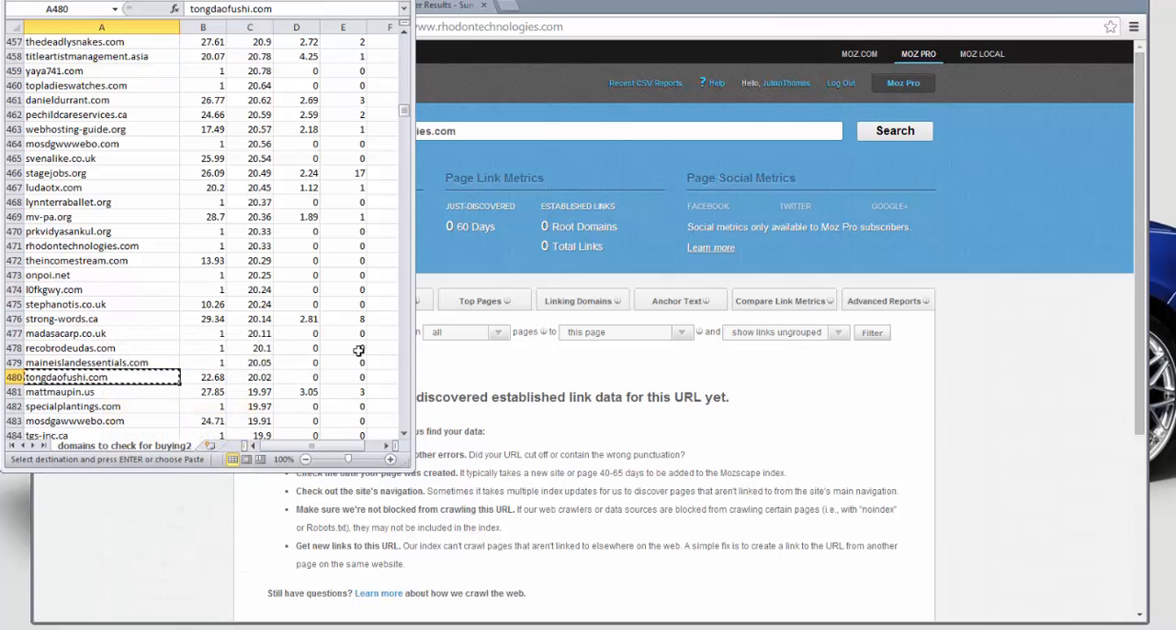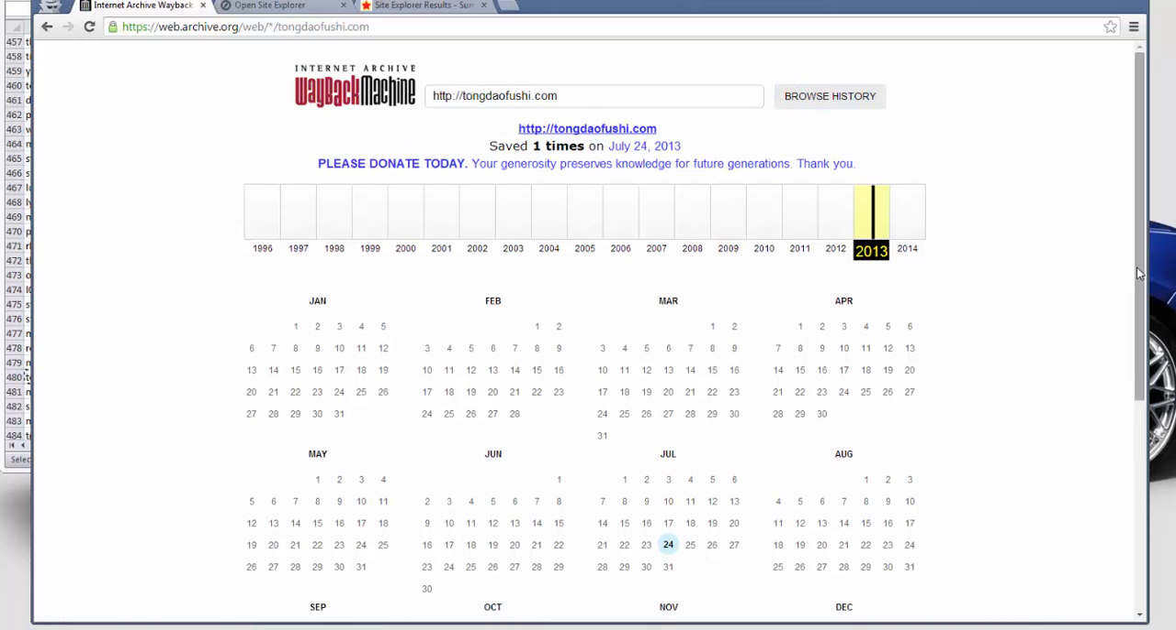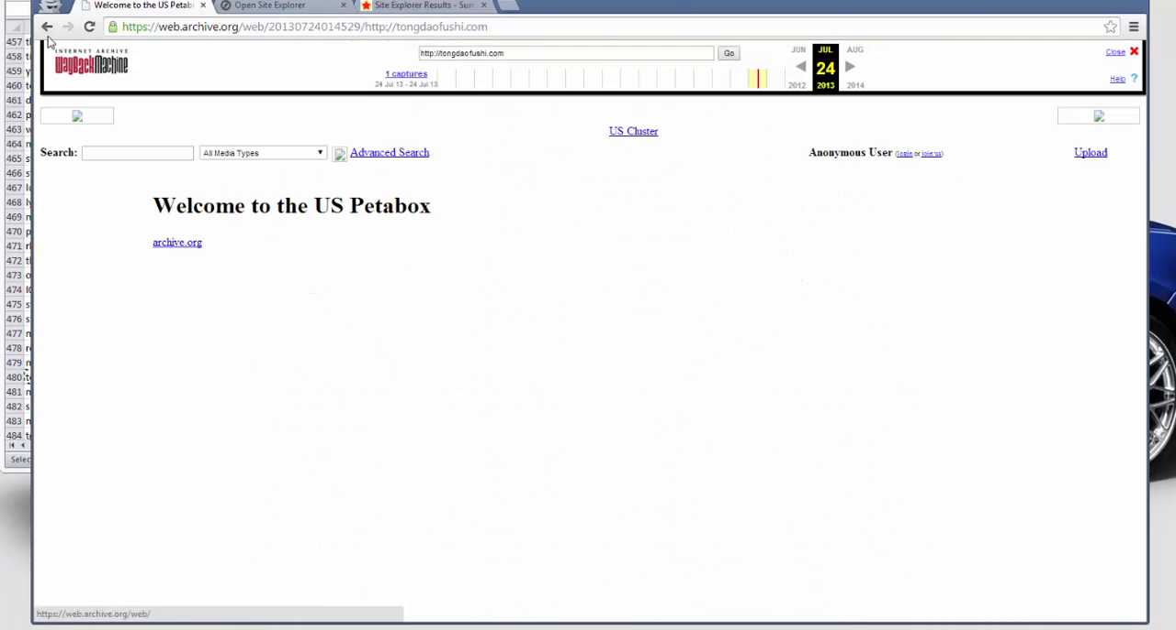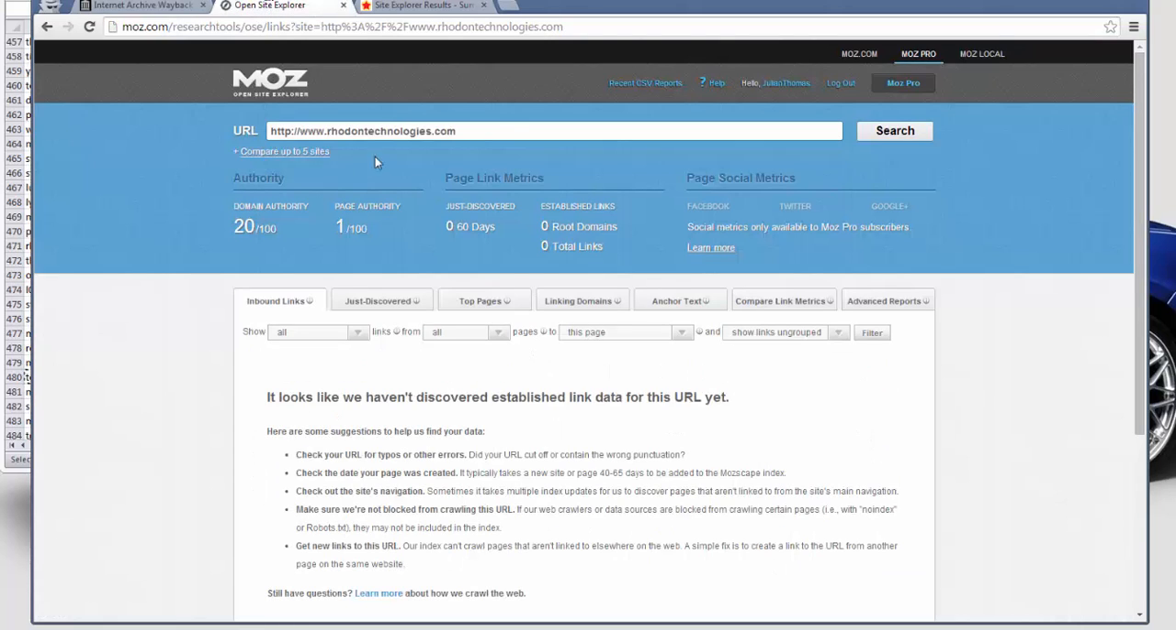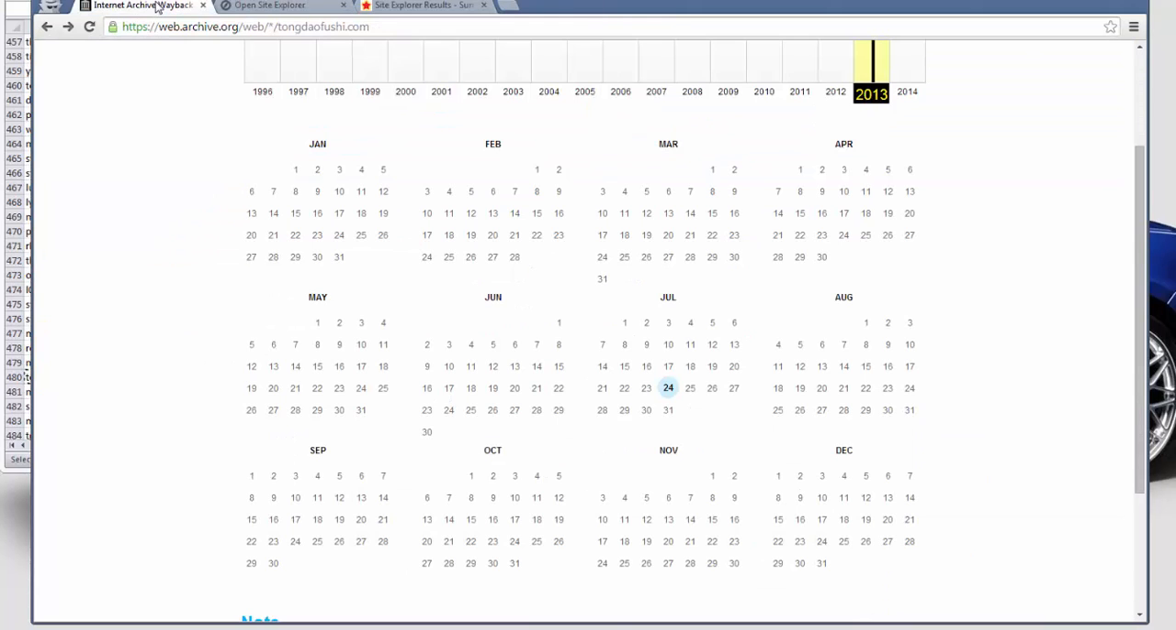Tangodo Fushi. We'll just pop that into here. This one obviously doesn't have any information. But anyway, that's basically my entire process for spam checking the domains. Just as a quick recap here,